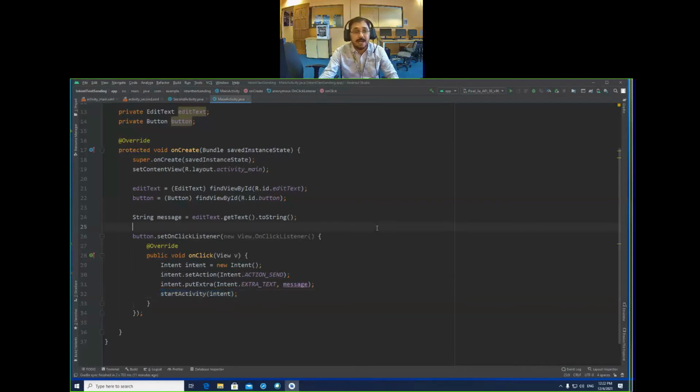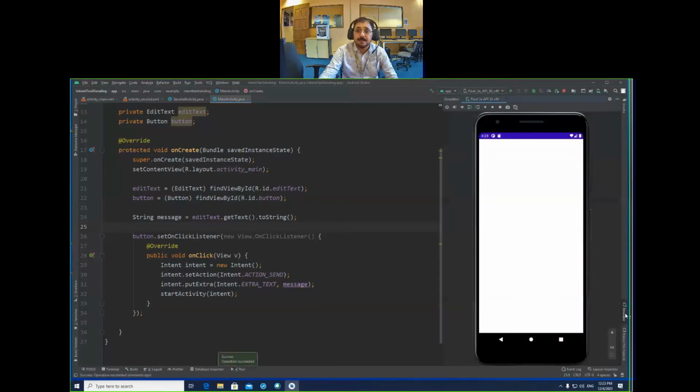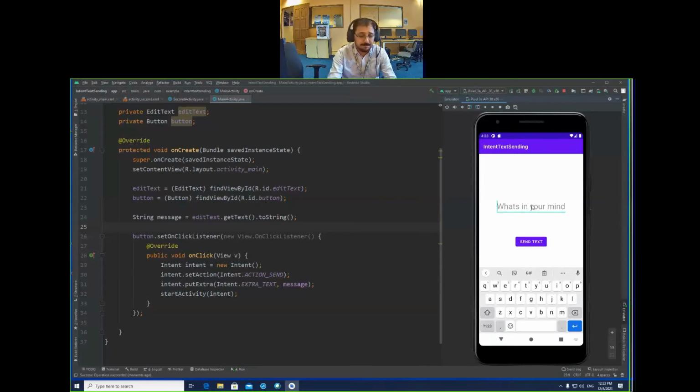So let's run it just to show you that when we run this, the destination is not explicitly defined, and then you will see the options. Let's run. So here if I type welcome, and if I click,